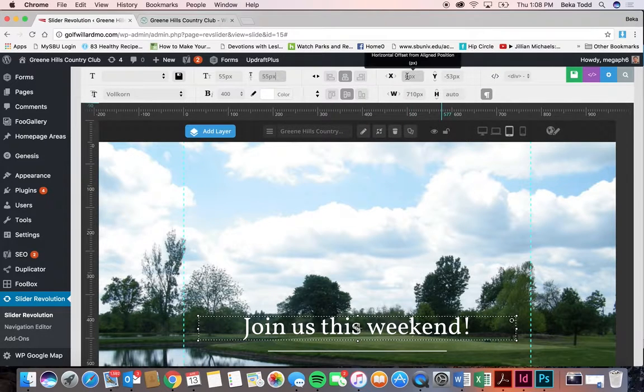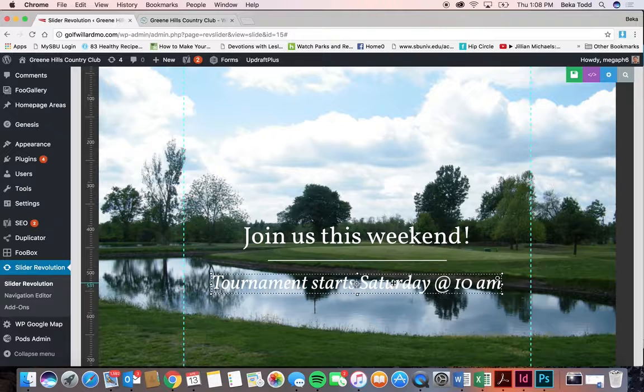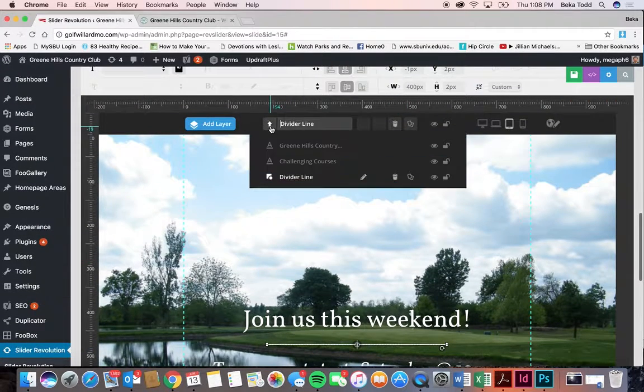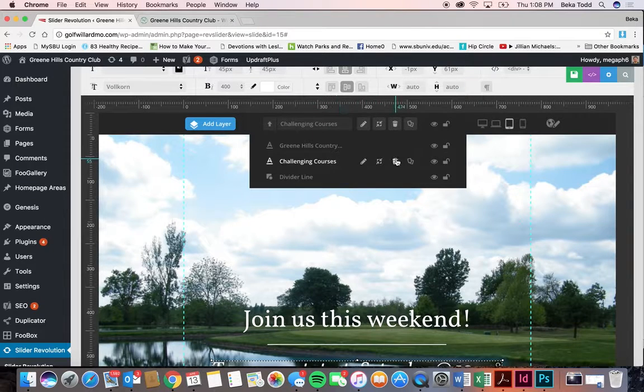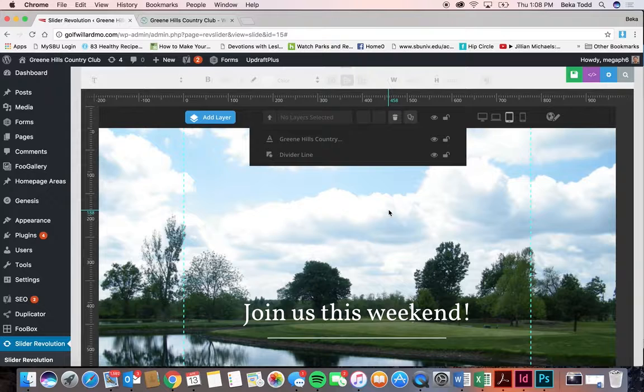And then you can see how it's aligned, so that you can make these two even. You can move this line, or you can view all of your different elements and then click on them through here, or I can get rid of the elements. Whichever one I click on,